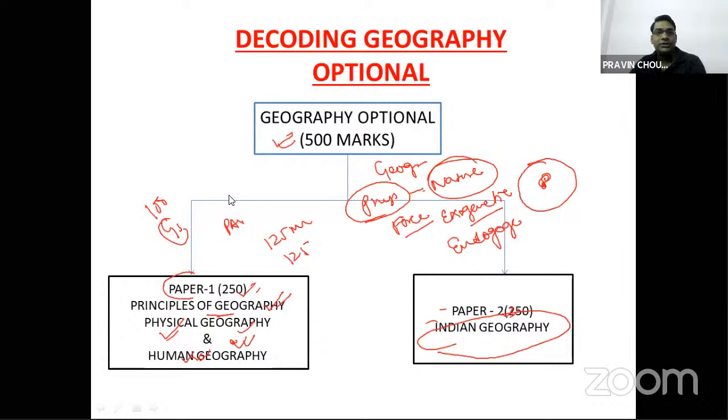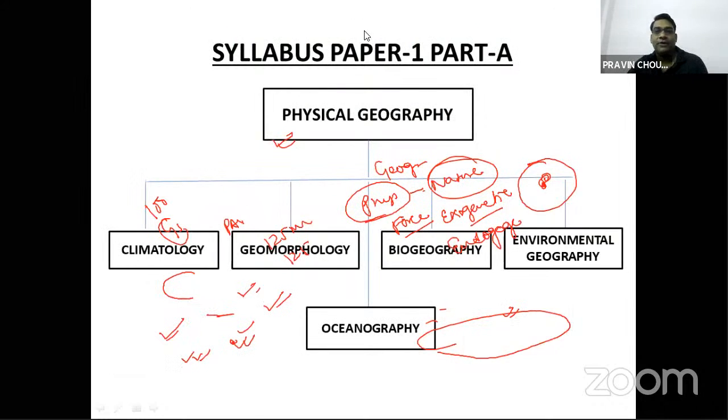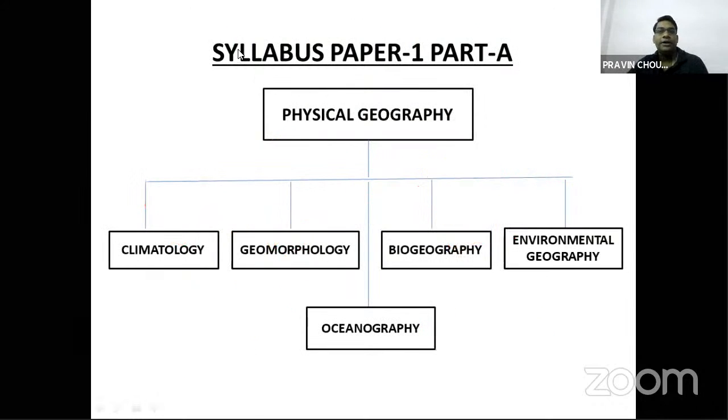Now next is your syllabus, paper 1 part A. When we talk about physical geography, it is divided into a total of 5 subtopics. This is part A of your paper one. Topics like climatology, most of the climatology you will study in your